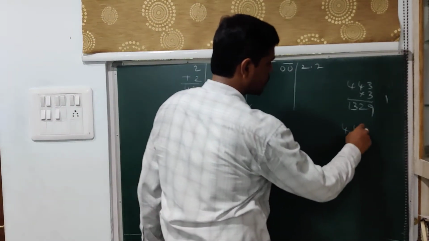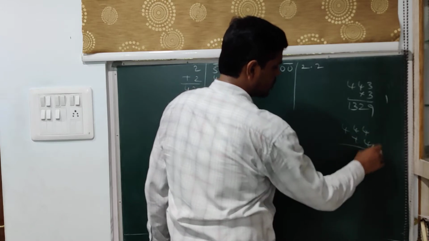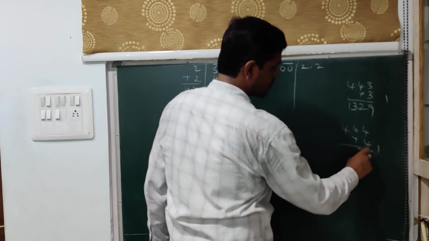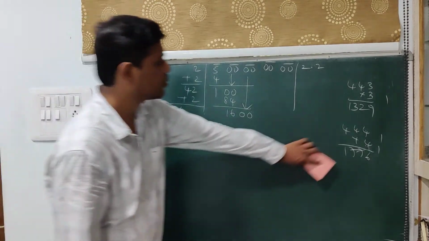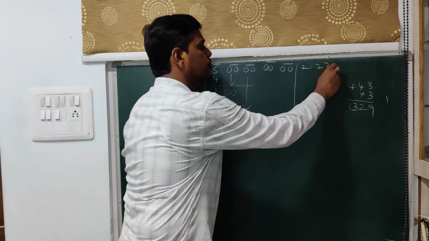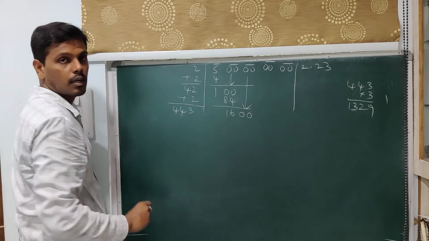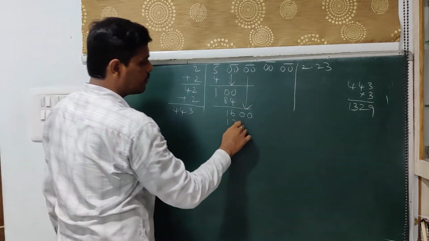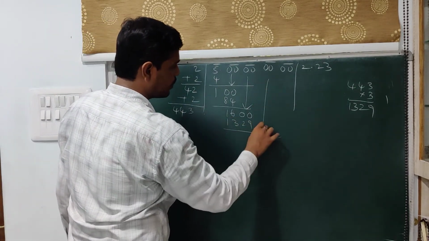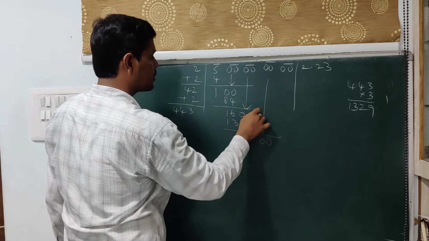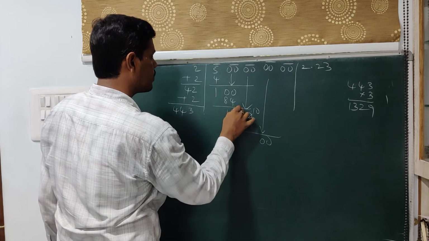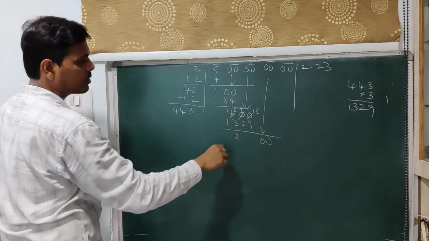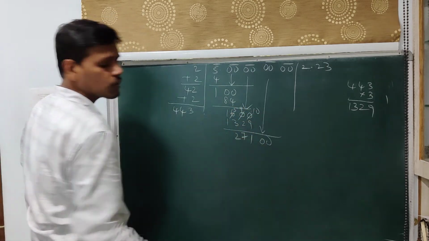Let's check with 4. 4 4s are 16, 4 4s are 16 plus 1, 17. So it is going beyond 1600. So I'll take 3 here, I'll put 3, then that will be 1, 3, 2, 9. So carry a pair of zeros here. So this is 10, this is 9, and this will be 5. 5 minus 3 is 2, 9 minus 2 is 7, 10 minus 9 is 1.